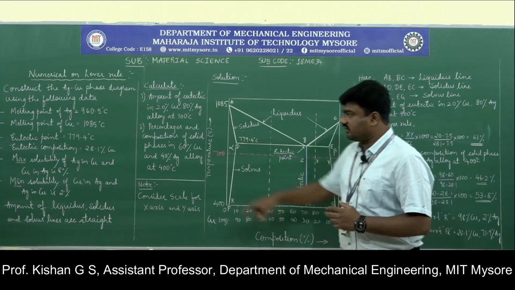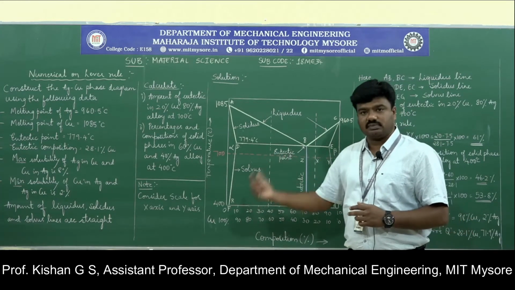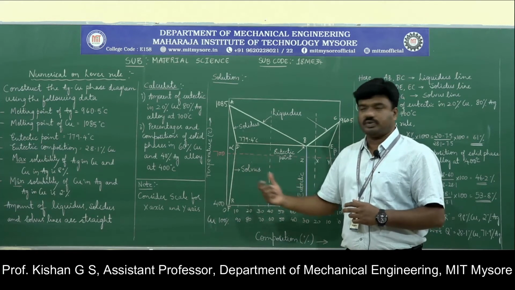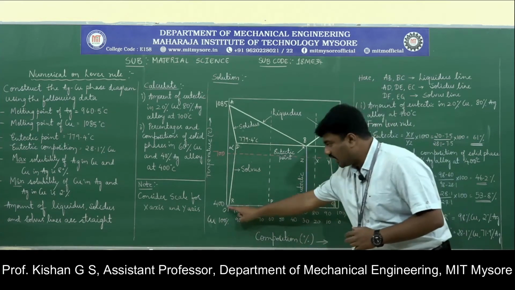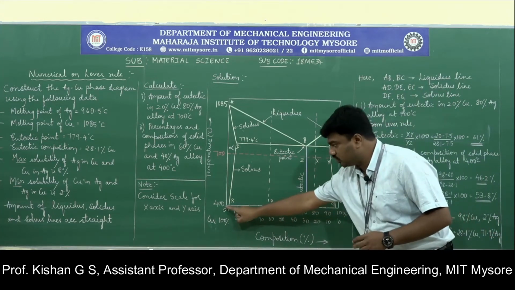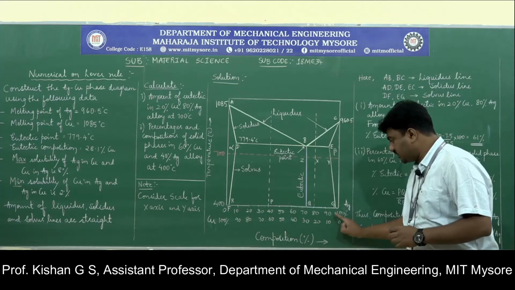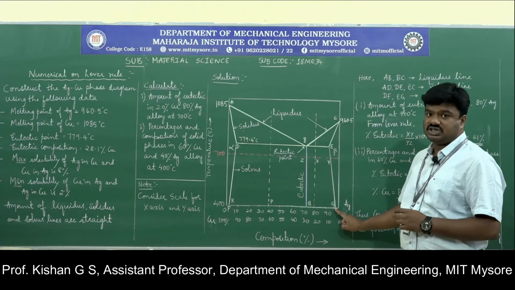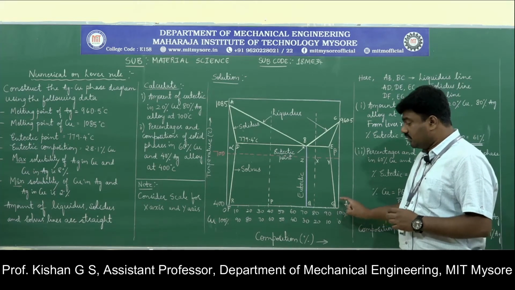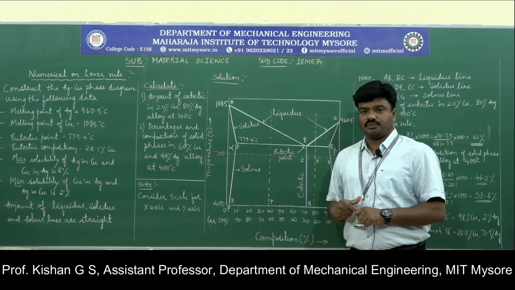Similarly, we have been given the minimum solubility. Minimum solubility is 2%, and it is the same again here. It is copper in silver and silver in copper, both to be 2%. So what we take, along the x-axis, that is along the composition line, with respect to 2% of silver, I will represent it as F. With respect to 2% of copper, I will represent it as G here. So this is the representation of the minimum solubility of the copper and silver in the composition.